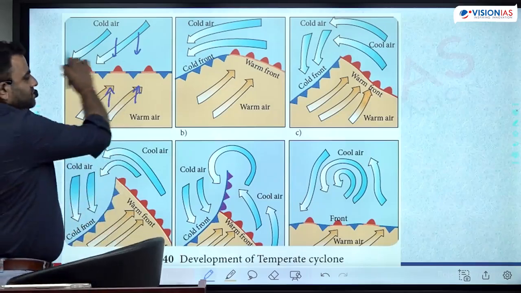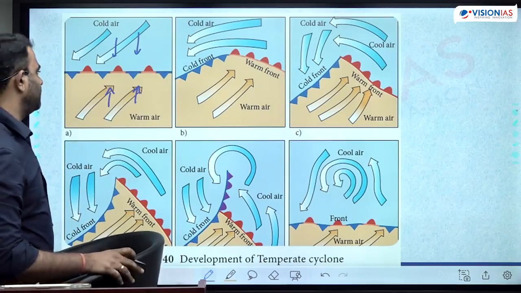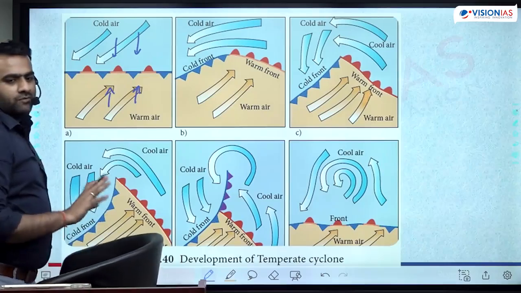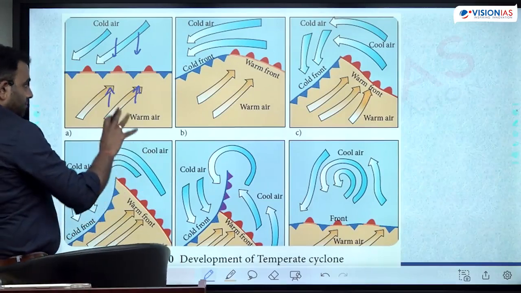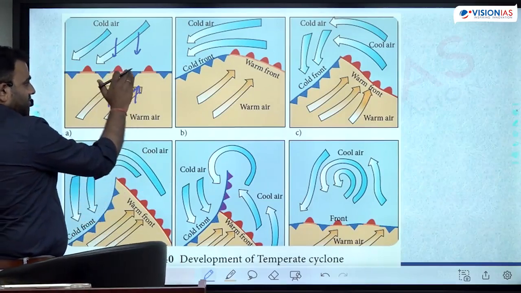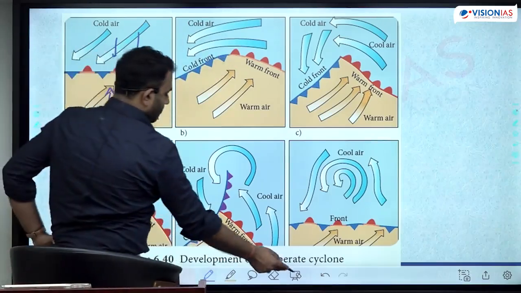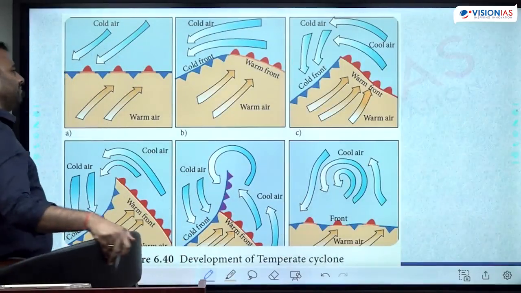As they come closer to each other, first there is a formation of a front. What kind of front? Stationary front. A stationary front is not moving, it is totally stationary. Okay, there is no cloud formation, there is no rainfall at all. The disturbance of the stationary front results in the formation of a wave front. Now what is a wave front? A wave front is the same warm front and cold front; we call that nature a wave front.